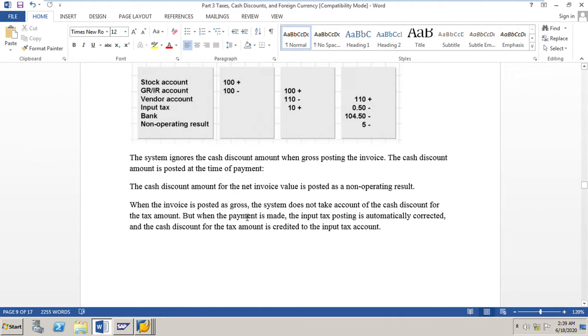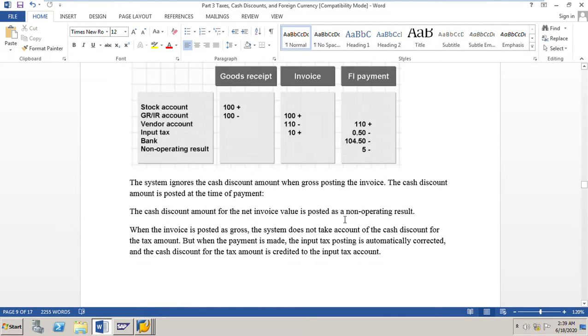When the invoice is posted as gross, the system does not take account of the cash discount for the tax amount, but when the payment is made, the input tax posting is automatically corrected and the cash discount for the tax amount is credited to the input tax account. Even here, when we simulate the invoice, the input tax of 10 rupees or so is coming.